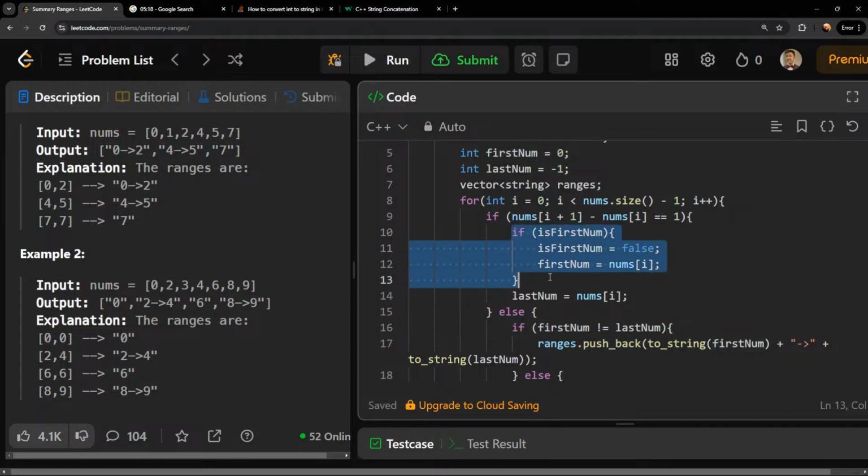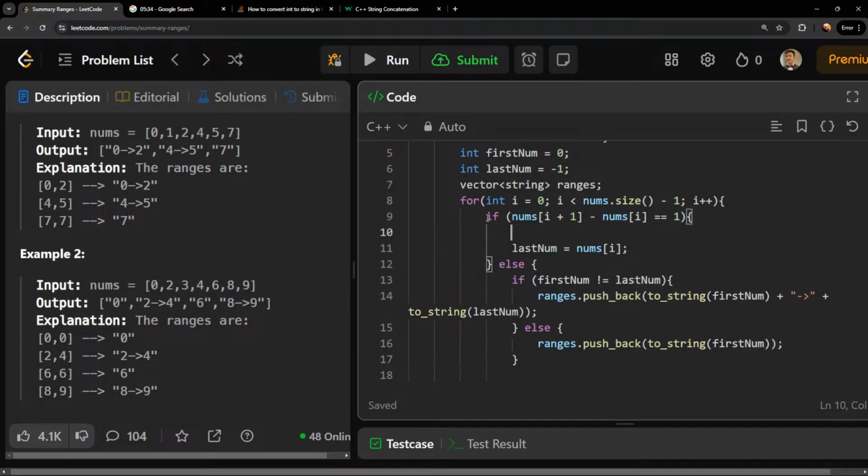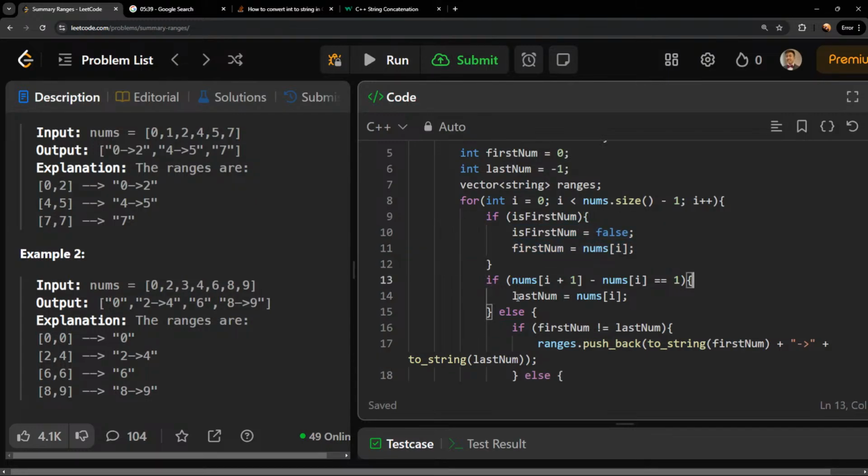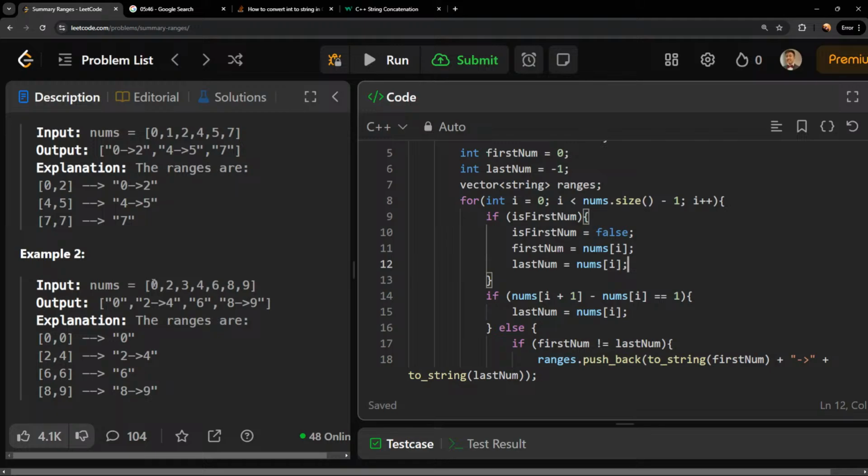I think this is always true for the first number. Because let's say we do 2 to 4 minus 1 is first num. Yeah, so this is always true. Only if first num. We should also set last num here. Just in case it's like this 0 or like this 6. If not,